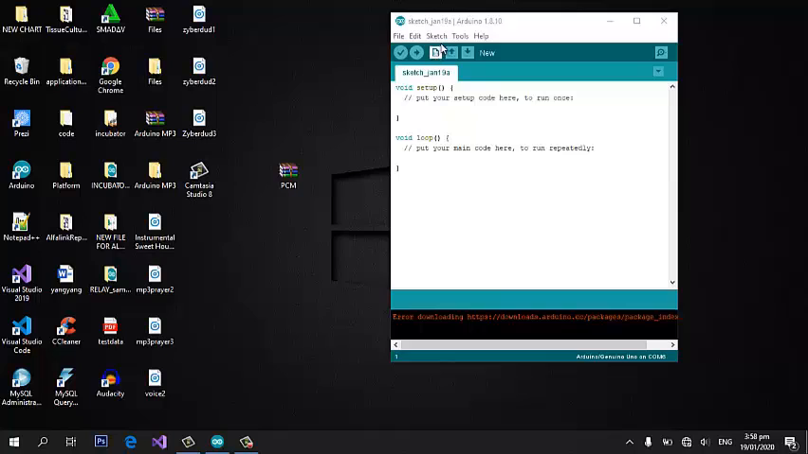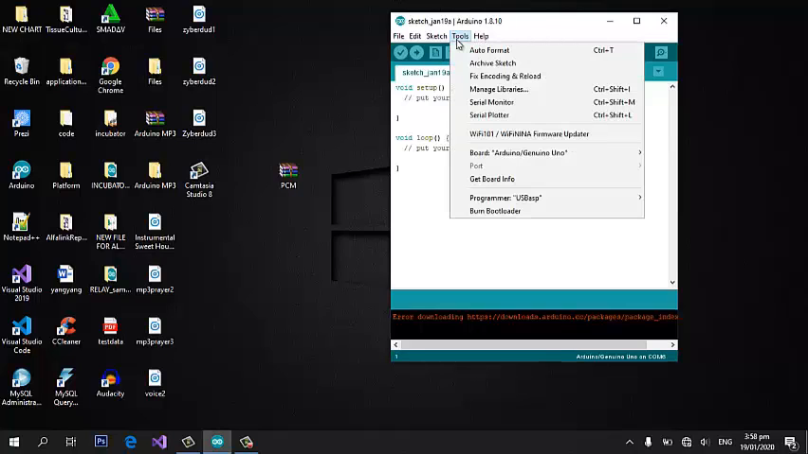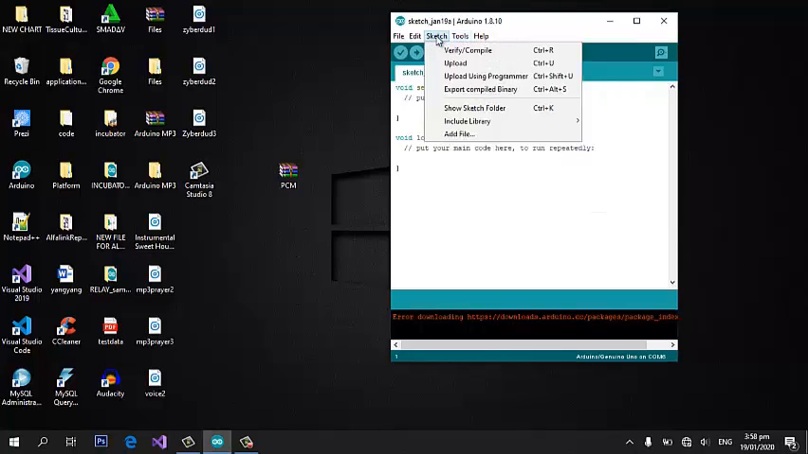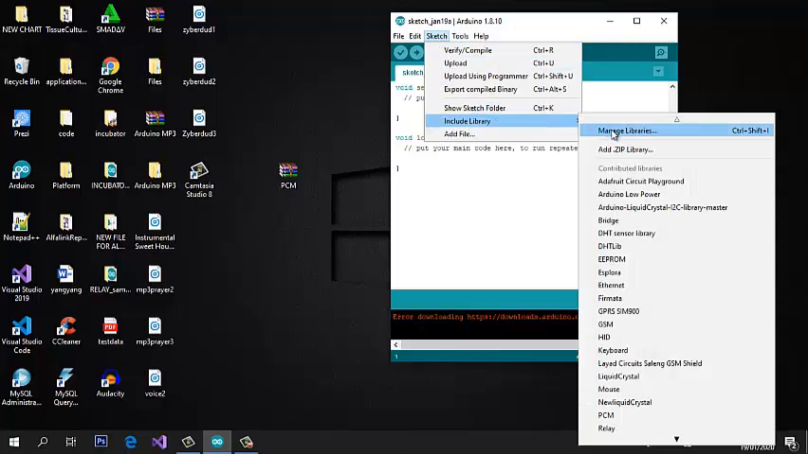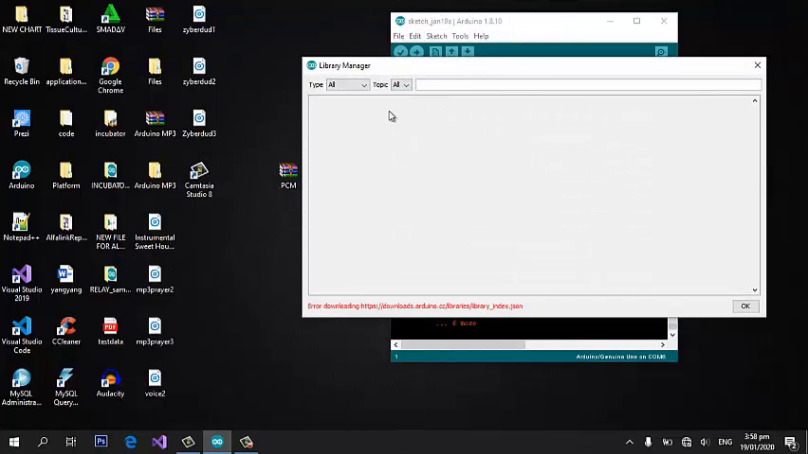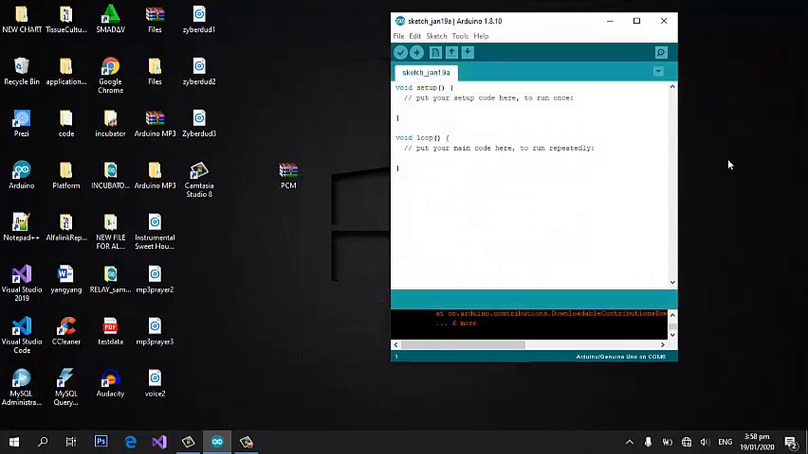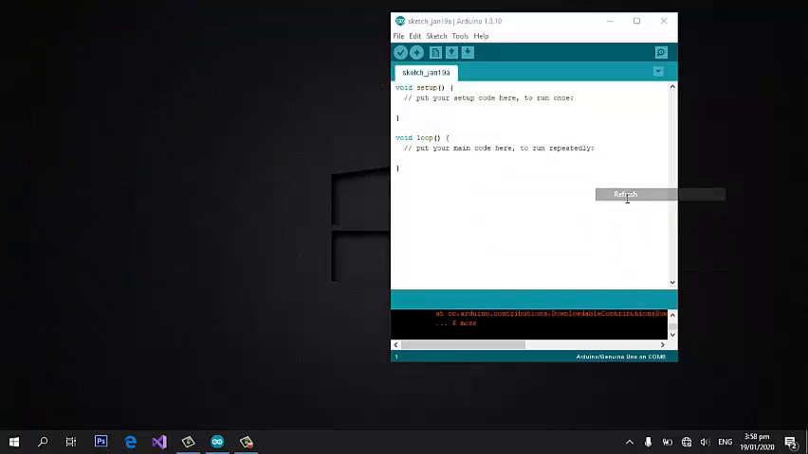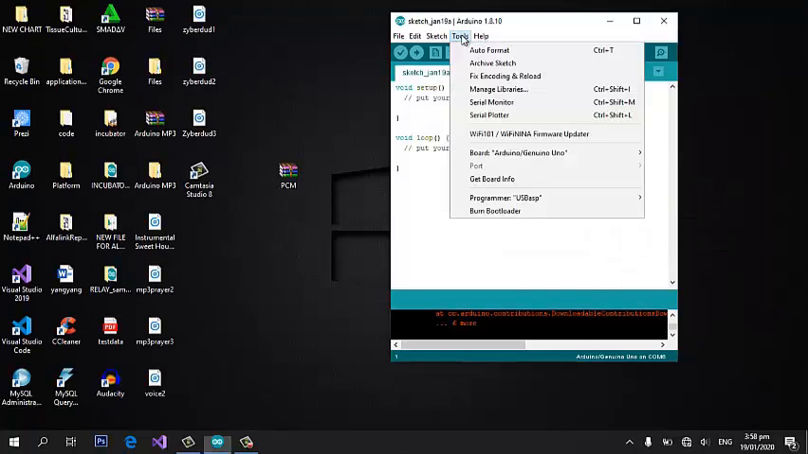PCM. So if you have internet, you just go to library, include library here, just manage, and then the internet here will appear, and then just type PCM. Yeah, that's right. So if you already downloaded it, just click here,